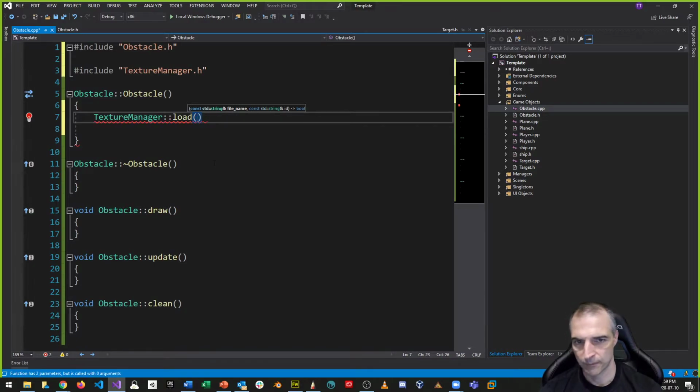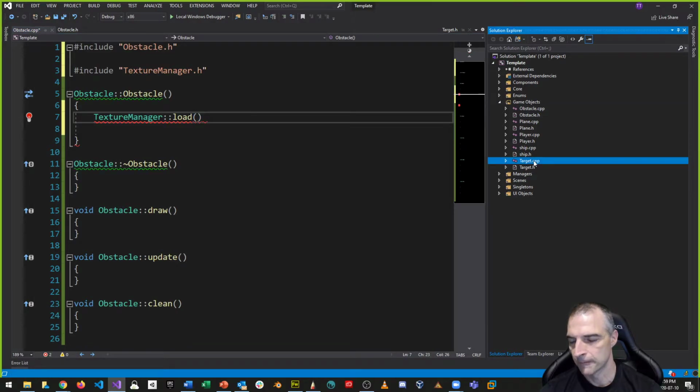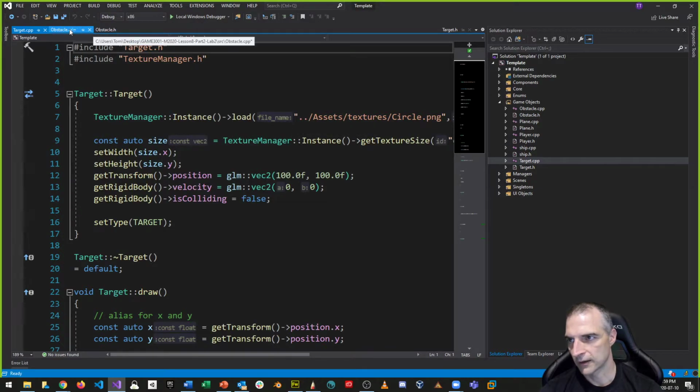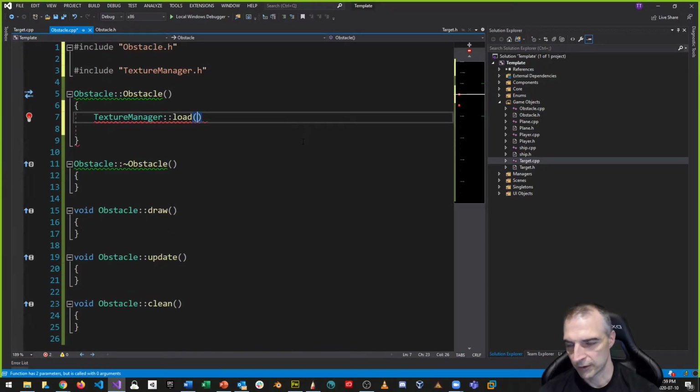And again, I'm not going to guess what it is. I have an example in target.cpp. So you can see that it's assets, textures, and whatever it's called. So let's do that. So it's going to be from .assets, and then textures, and then the name of the file,